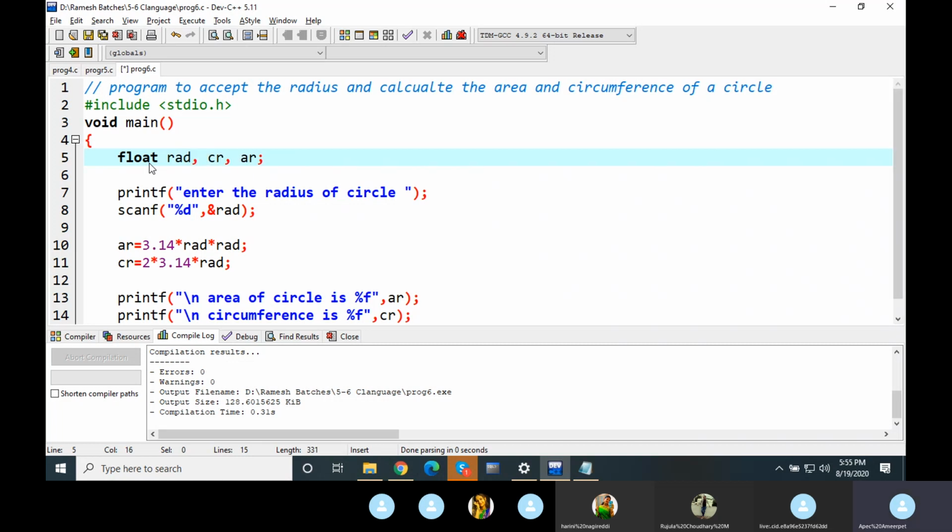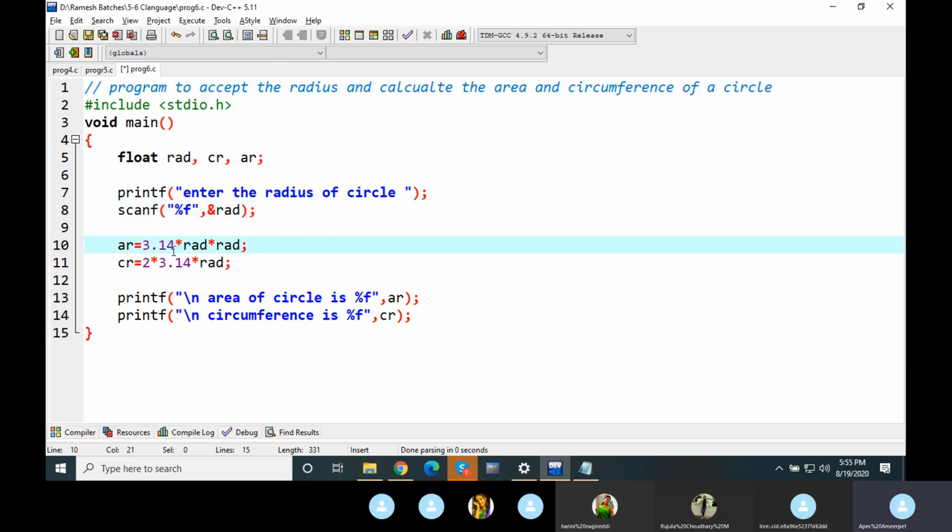Because all the three variables are float, I'm writing all of them in the same line. Okay, and here we have to change it as %f. Now the next thing is, in the same program, we are making use of